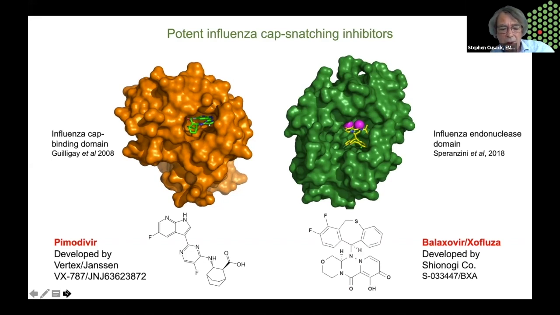It's marketed under the name of Xofluza, and this potently blocks the endonuclease of the influenza virus. So these 2 drugs are real breakthroughs, if you like, in the influenza field. I'm telling you all this only to say that they're completely useless against coronaviruses, because this is an incredibly specific mechanism of influenza virus. In fact, coronaviruses don't need to cap snatch anything because they have their own capping enzymes encoded in the genome.